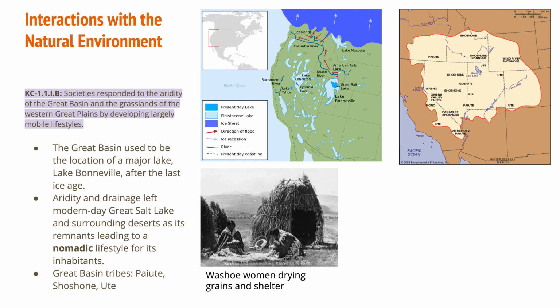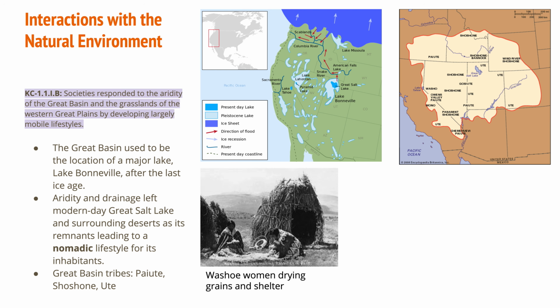And a lot of these places, even today, are still very hot. And so that heat, that warm climate, that lack of rain definitely affected the way in which Native Americans lived in these areas. And so they lived in very nomadic ways.